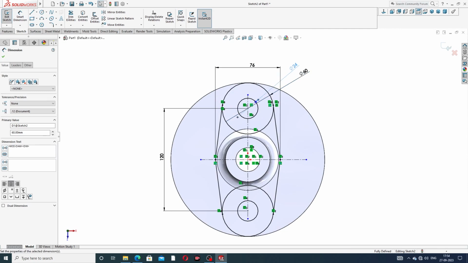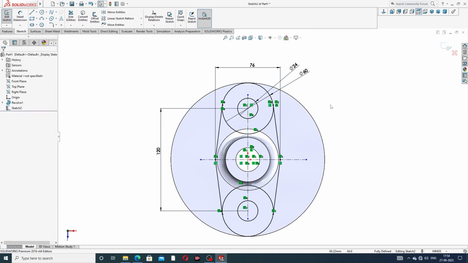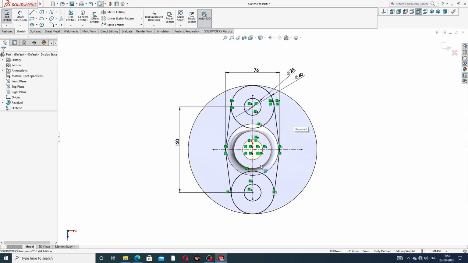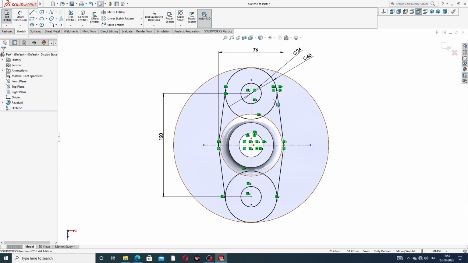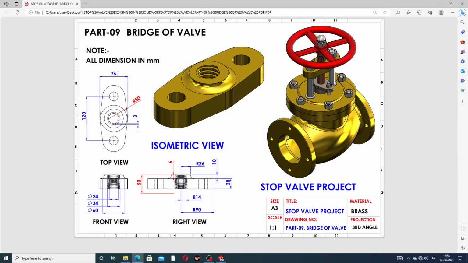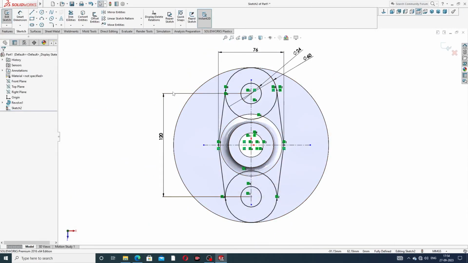Okay, and this is perfect and correct. Okay, all is perfect. All is black color, means this is fully defined, and this is a tangent line. Okay, all is correct. And okay, this geometry is perfect. This is 120 millimeter and 76 millimeter, and this is a drawing of a circle, 60 millimeter diameter and 24 millimeter diameter, and then this 34 millimeter is last, or use a thread,